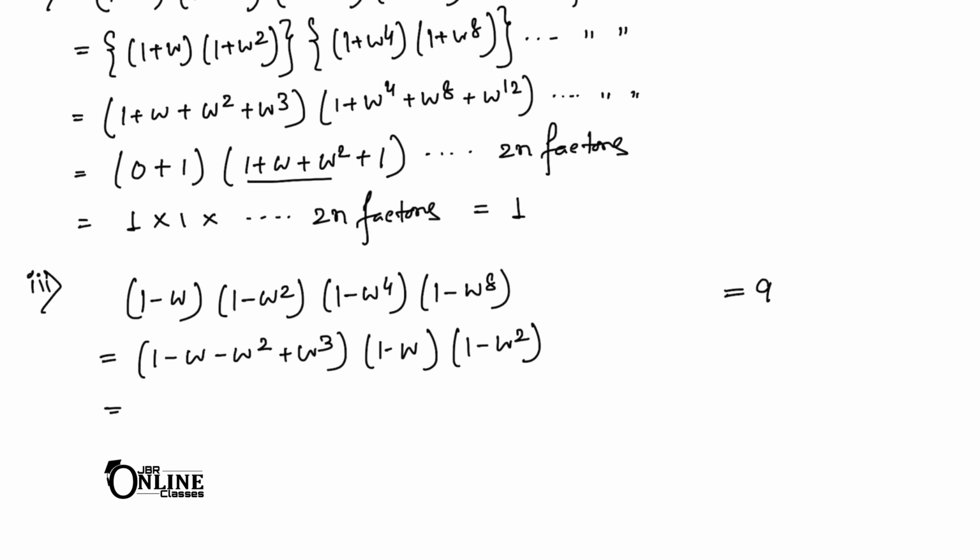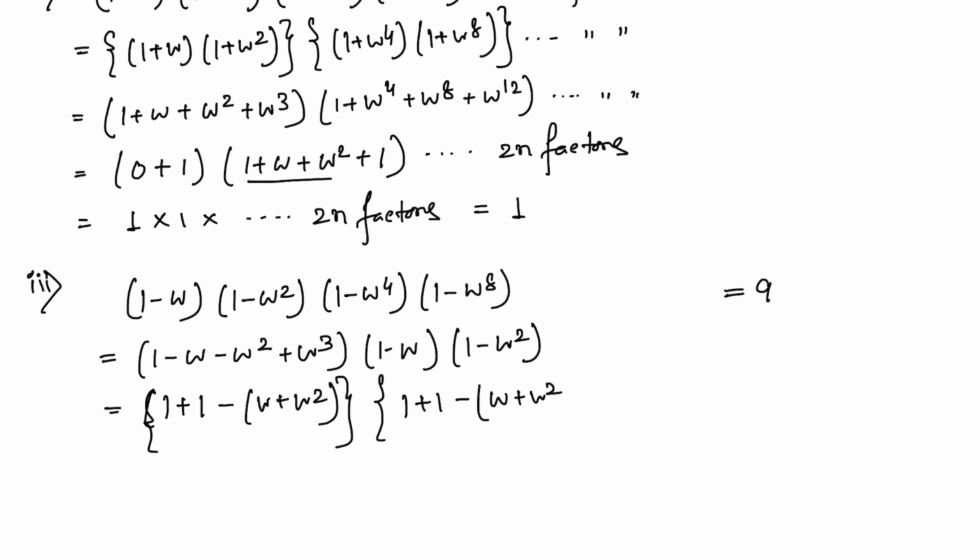So now the first one will be, as here 1 minus omega minus, so it will be 1, and here in place of omega cube it will be also 1, and after that if you common minus, it will be omega plus omega square. The second one will be also same as the previous one, so 1 plus 1, if common omega minus, so it will be omega plus omega square. So it will be 2 minus, and here minus 1.